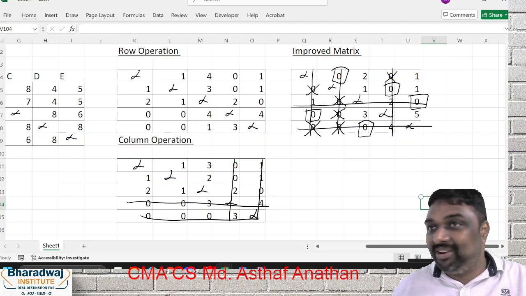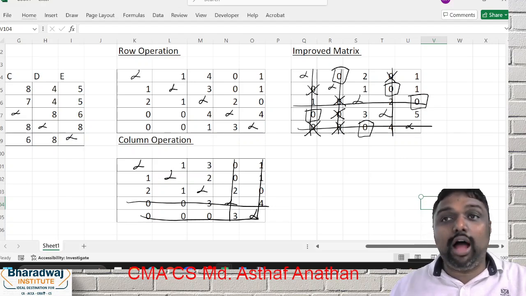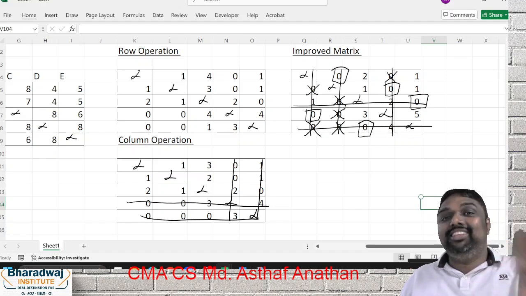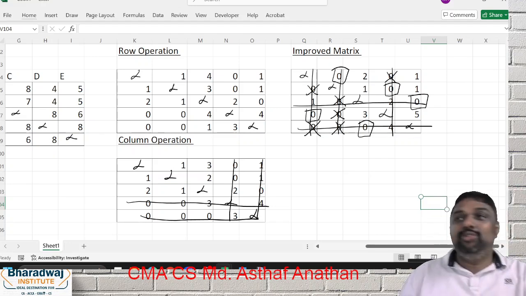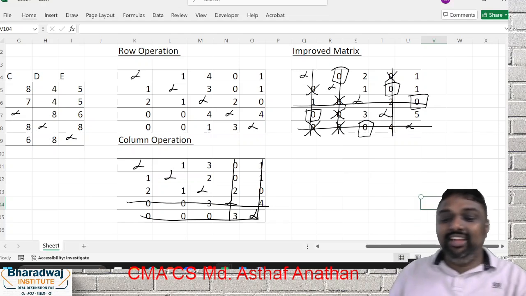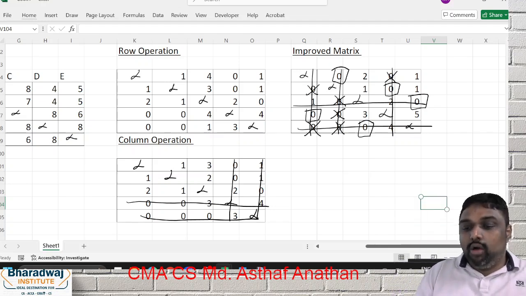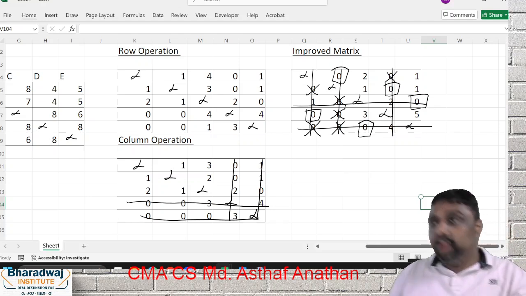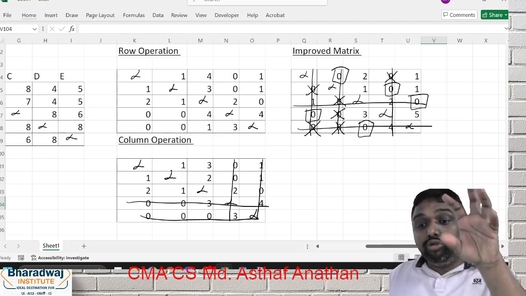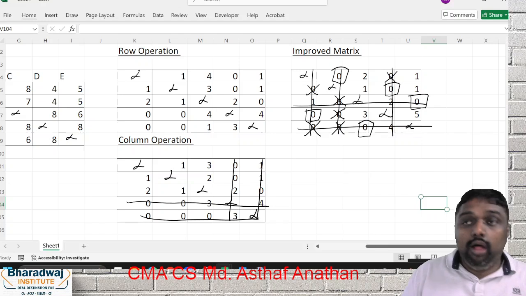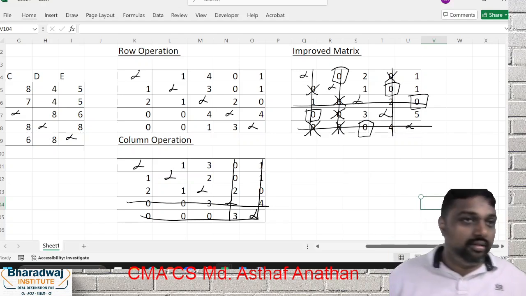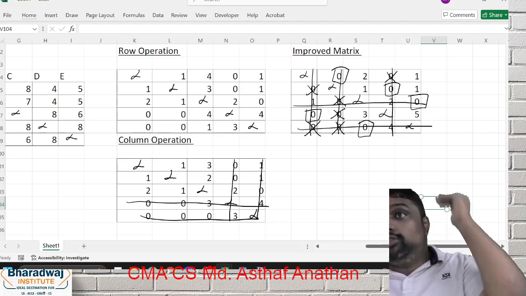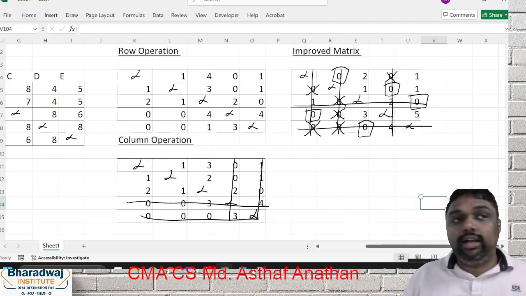I may start, friends, now. Now we have to go for our final answer. Here we have to follow our traveling salesman condition. Only once you have done the allocation does the traveling salesman condition start. Are you ready, friends? See, let me tell you, there are two types of traveling salesman problems we have. One is where you easily get the answer. The other is where you have to do some additional working. So I have taken the additional working question first itself, so that with that one question you will understand all the points.